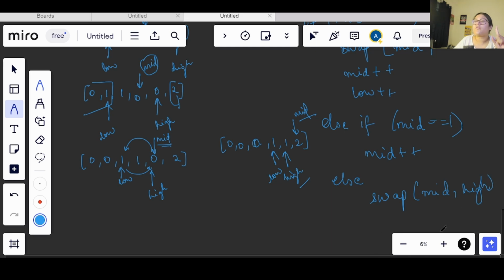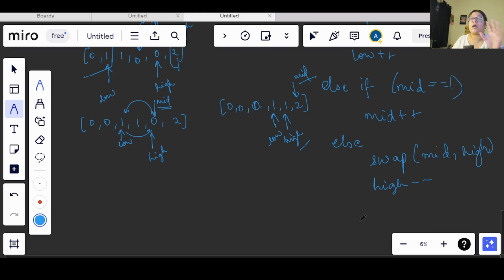And what I was doing, I was only decrementing high by 1. Why? Because I am sure that that part of my array from the back is sorted, although I am not sure about this mid, right? So for that reason I will only be subtracting the high value, and out of this loop I will simply return the nums, or the array that I am using.